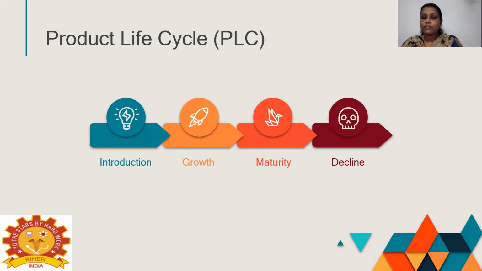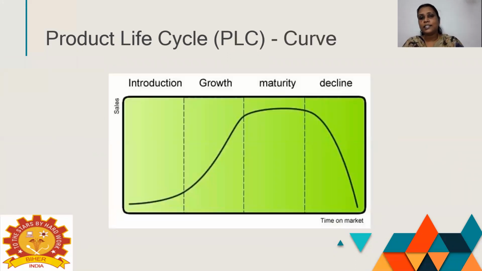Now, we'll talk about the first stage. This is the graph which depicts the different stages of a particular product, where on one side we have the sales, at the bottom we have the timeline, and we have the four stages: introduction, growth, maturity, and decline. During the decline stage, we shall be deciding whether to reintroduce the product or to abandon the product. So introduction, growth, maturity, and decline, there comes the curve like that.